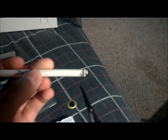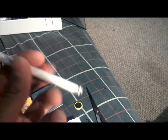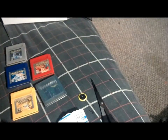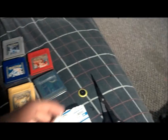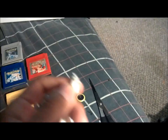be very careful with this, because you want to heat up the plastic so that it melts, but you don't want to light it up to the point where the plastic catches on fire and goes really crazy. I won't be able to do it right now because I'm holding the camera with one hand. But basically just light it up a little bit, then turn it off and blow on the pen so it doesn't catch on fire. So you're just going to heat it up. Once you see that the tip starts to melt,